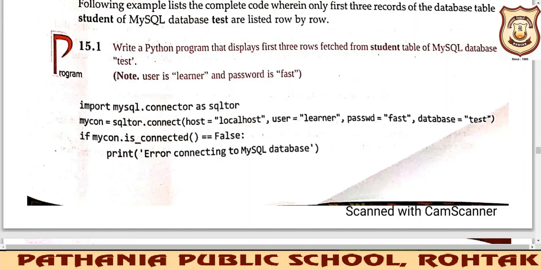Yesterday we discussed the steps to create connectivity between your Python software and your database. We were supposed to do practical today, but firstly I'll try to complete the theory part, because when I see it, I feel like everything is connected to each other.